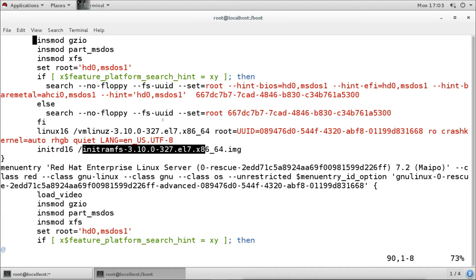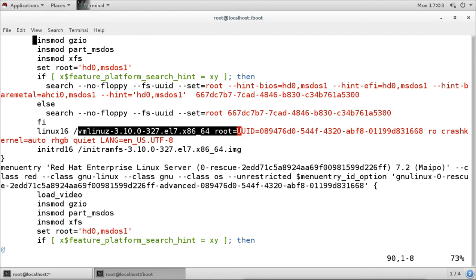Now Grub's job is finished here. The kernel will take over from here and start loading the hardware drivers and the files under this temporary file system. It will also run the initrd process first, which loads the initial ramfs. In the initial ramfs it will load our main file system into a sysroot directory. In the temporary file system there is one directory called sysroot, and in that directory our main files and main partitions will be loaded.